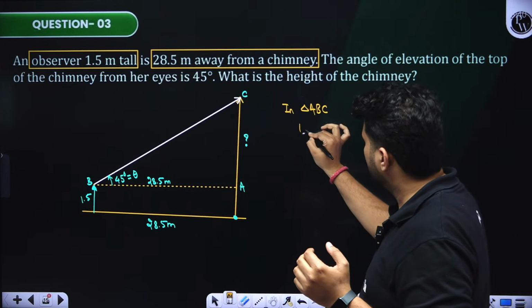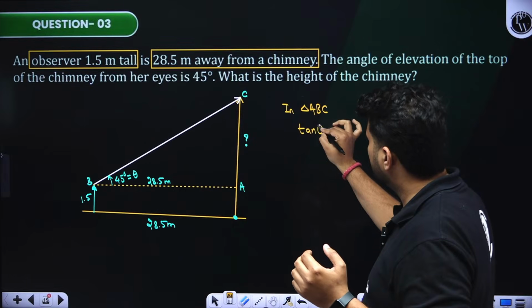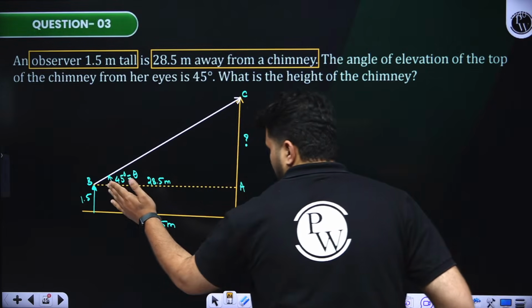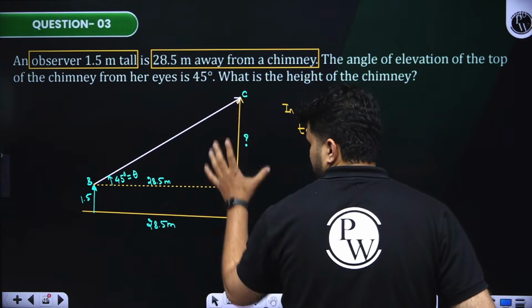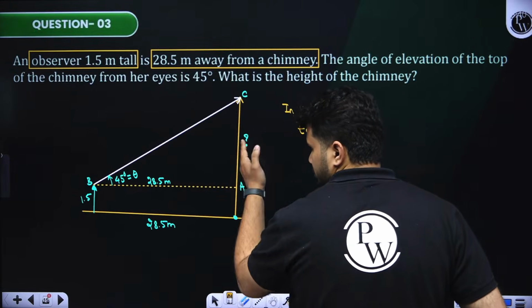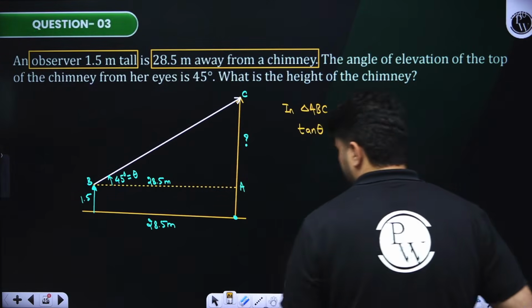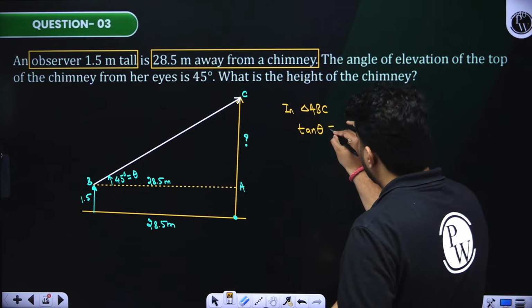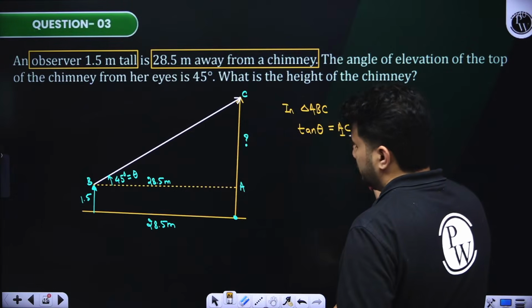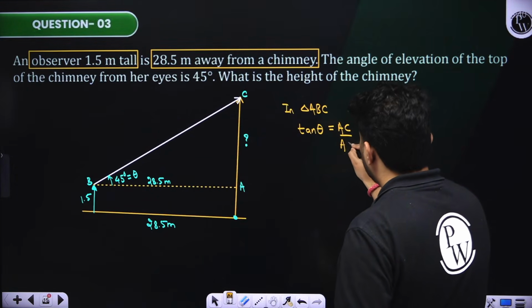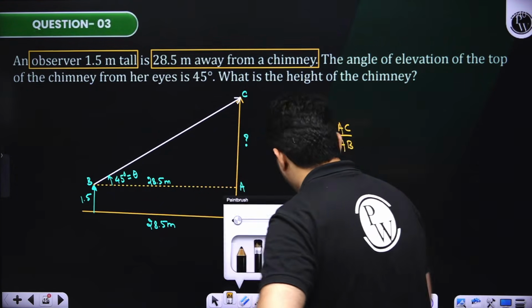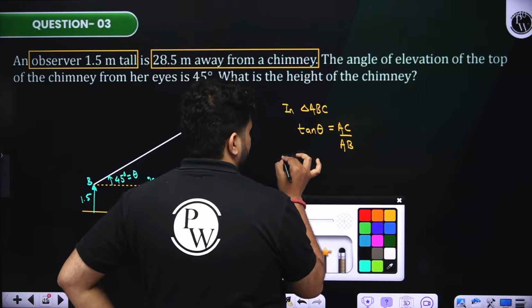In triangle ABC, if I use tan theta, sir, why you are using tan theta? Because I have to find what? Opposite and base is known. When opposite and base is known, we go for tan theta. Tan theta is nothing but what we have? AC divided by AB. So theta value is 45 degrees. So tan 45 degrees,